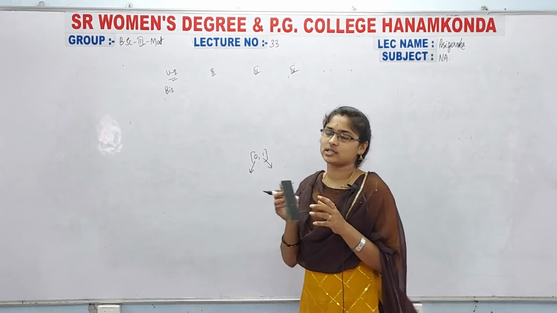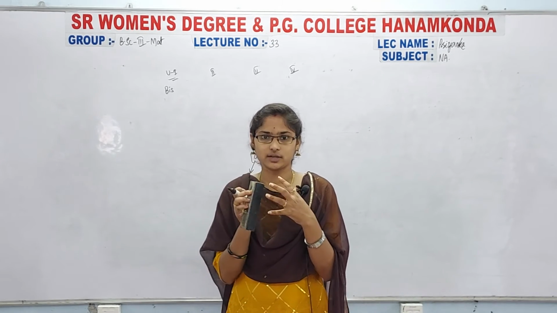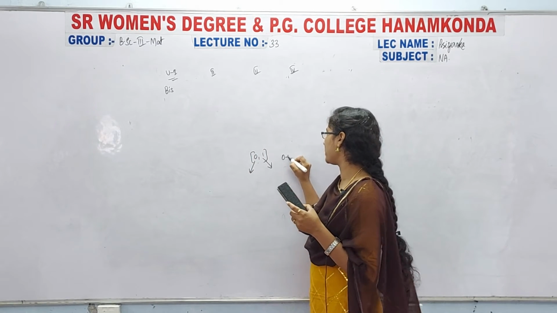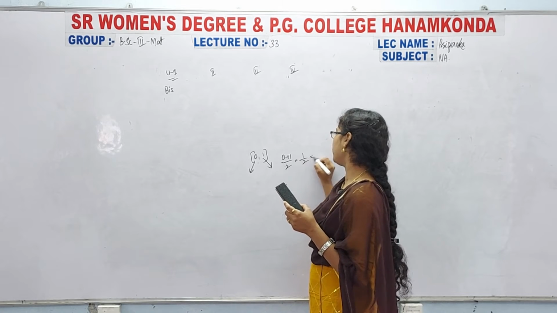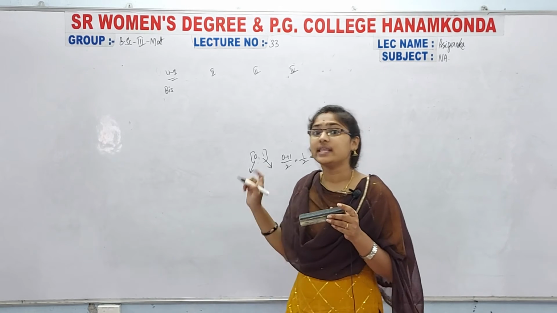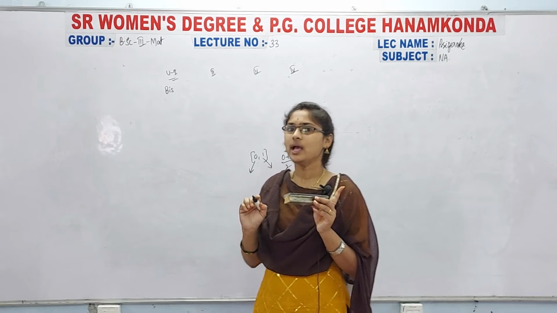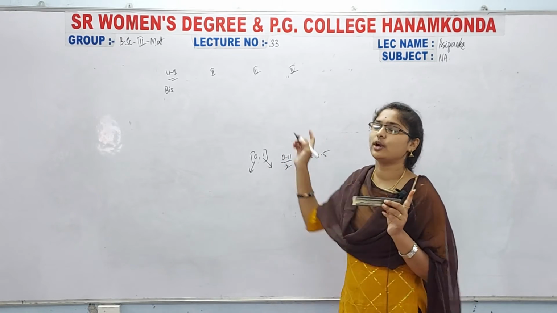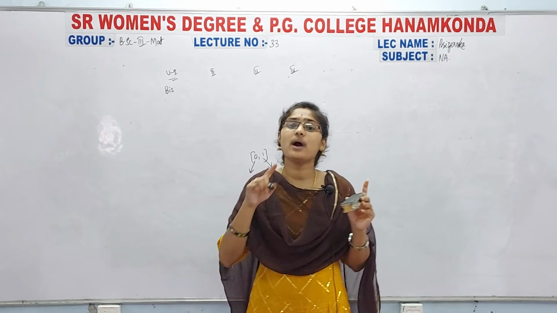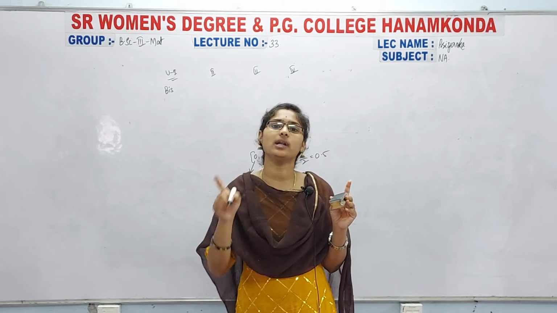Okay, next we take 0 plus 1 by 2, that is 1 by 2, which is 0.5. That is the value of p naught. Next we have to substitute this p naught in the given function. You have to check whether it is greater than 0 or less than 0.